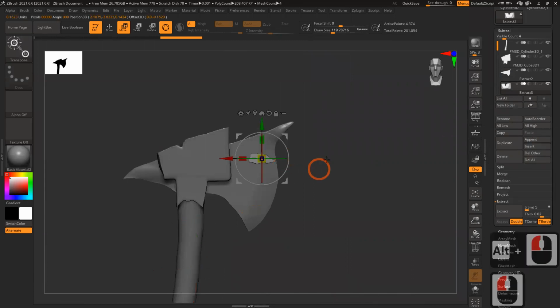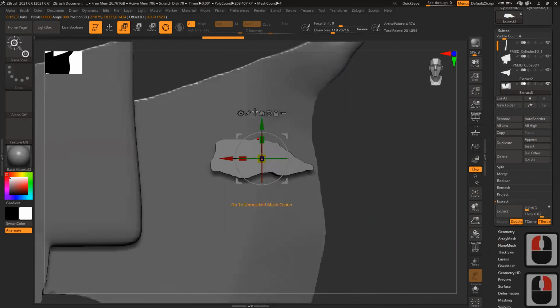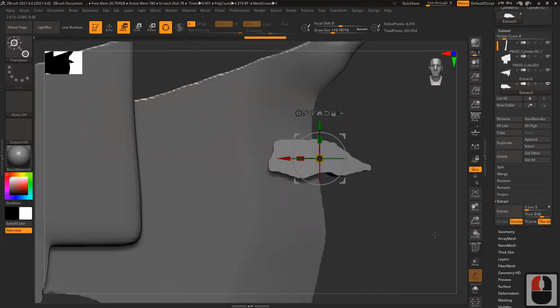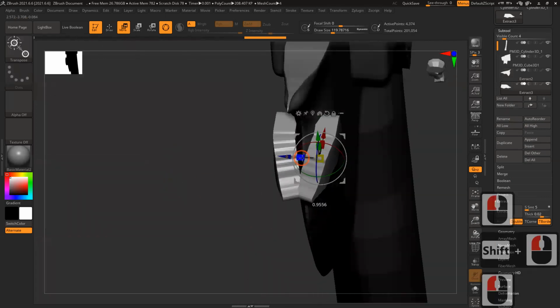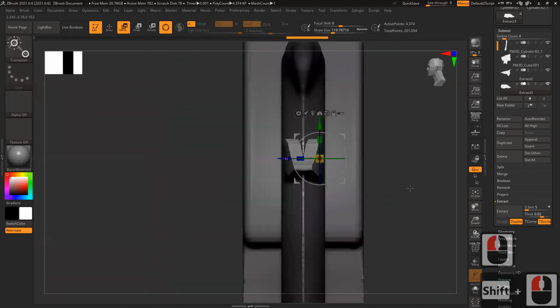Click on this, it will go back to that model. It's like center pivot. That option is center pivot. Now move it outside. I can move it like this, and if I want, I can squeeze also like this. Let's keep it like this.